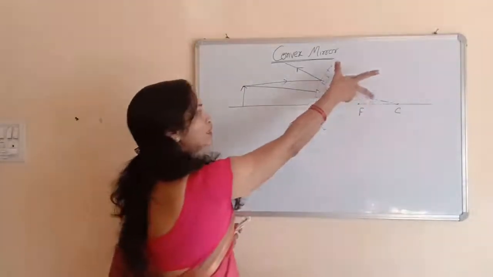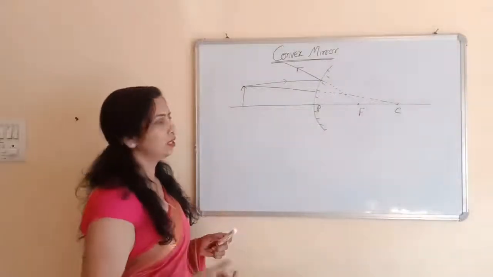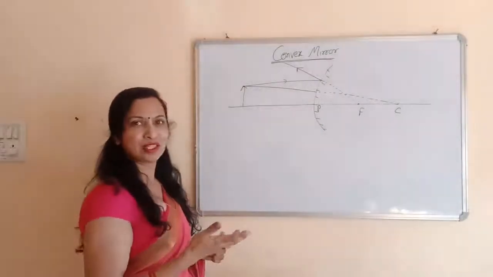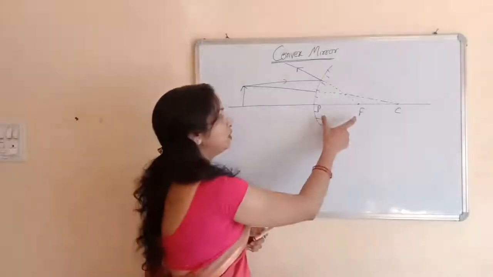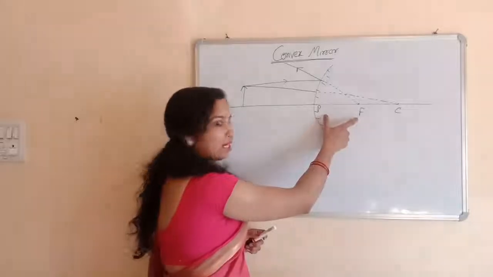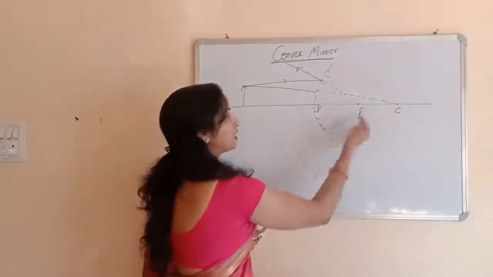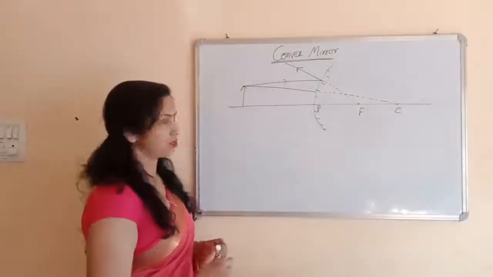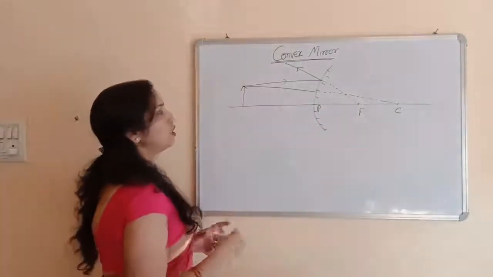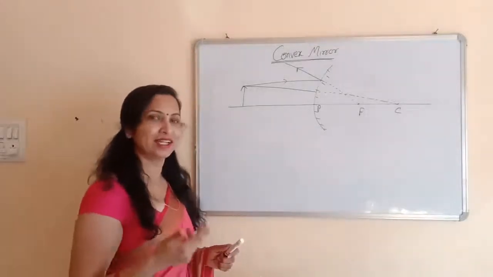So it doesn't matter which length you are using for the radius. It can be 6 cm, it can be 10 cm. And this is the principal focus. The focal length should be half of the radius of curvature. So if you are using 6 cm as the radius, you will take 3 cm as the principal focus. So you can easily draw images by using the scale and the compass.